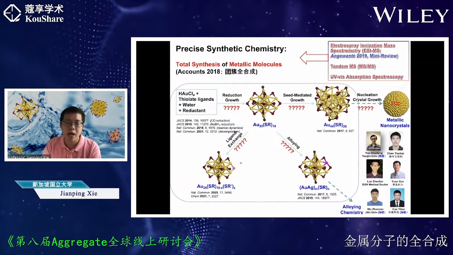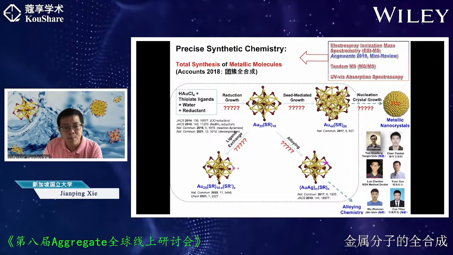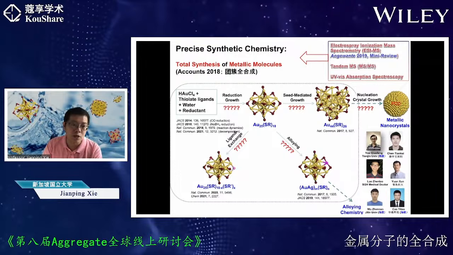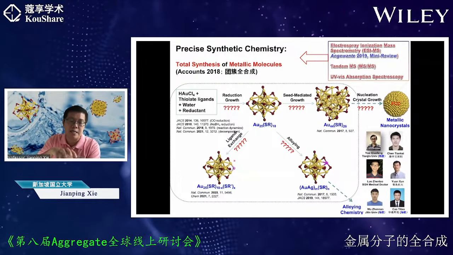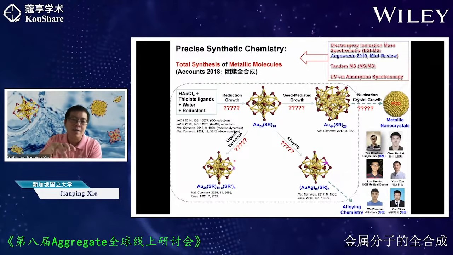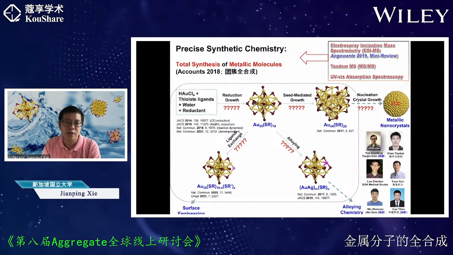So the question you may ask is, what would be this particular process? Can we precisely control the second ligands, like in this position or this position? If you have two types of ligands on our cluster surface, can we control the number of these ligands and also the landscape of these ligands, right? So this is related to the surface chemistry.